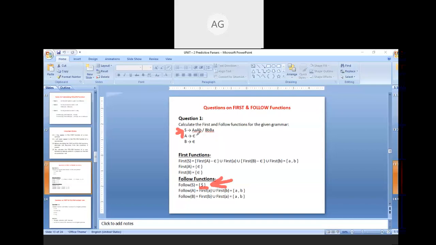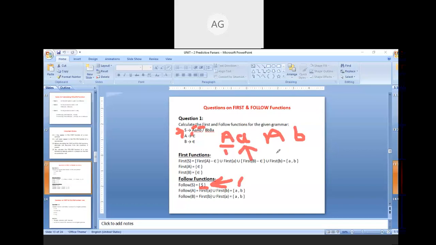So here you can see on the right hand side, you get 2 times A. One is this, and the second time is before this. So you get 2 times A on the right hand side. From the first A, what follows this A? Small a follows the first A. So you can write this a here.